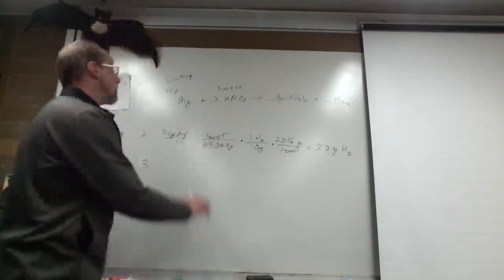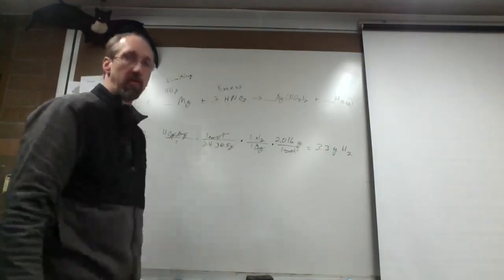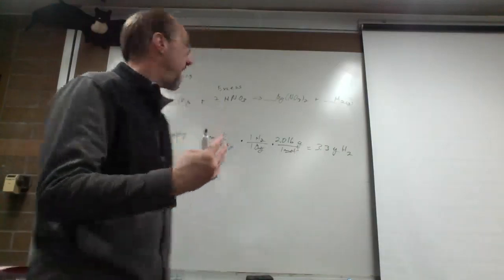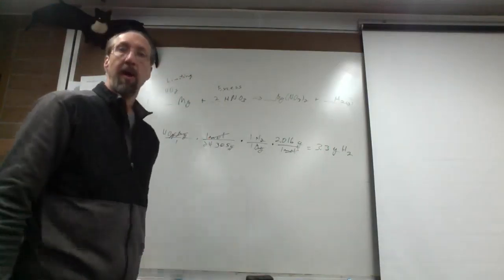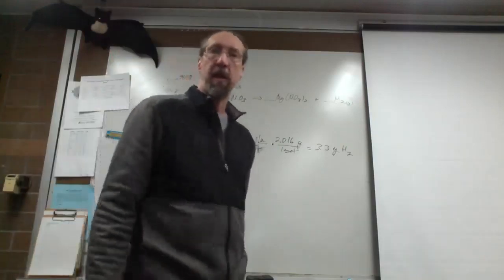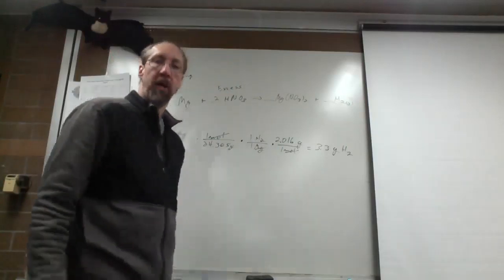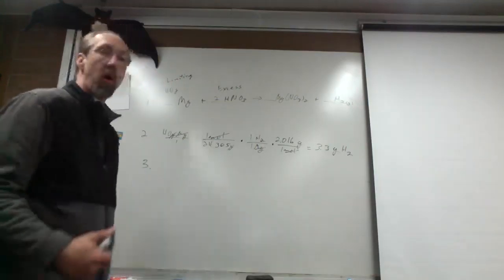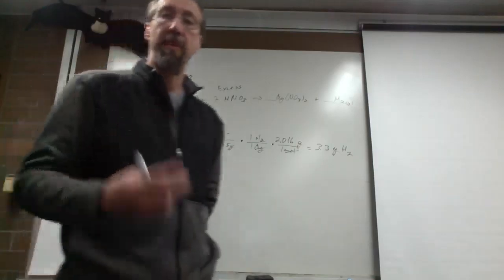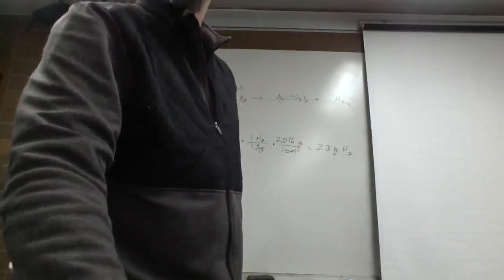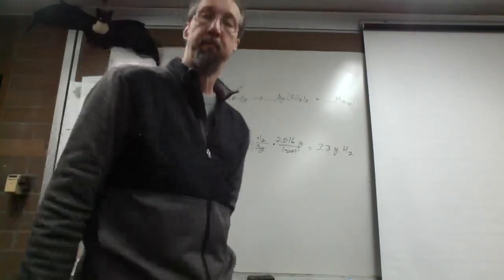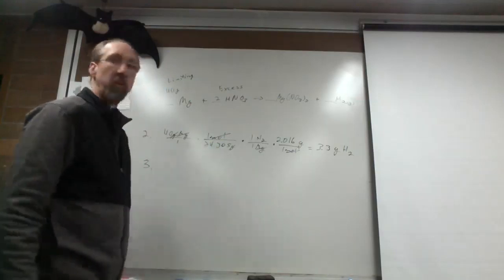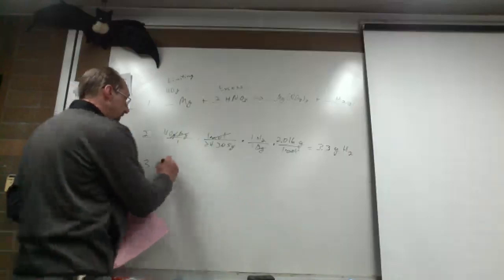The purity of the reagents, there might be impurities in one of these reagents. Perhaps this one, since this is a pure metal, that might prevent them from reacting with one another. Pressure, if it's gases, pressure can limit your reactions. And lastly, what solvent is used? Are you using water, alcohol, or benzene, or something else that could limit your chemical reactions? So for whatever reason, we didn't yield as much as we calculated that we might yield. We only yielded